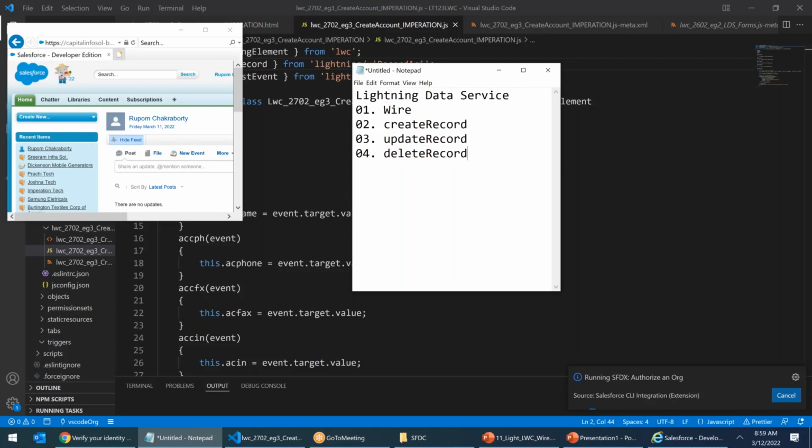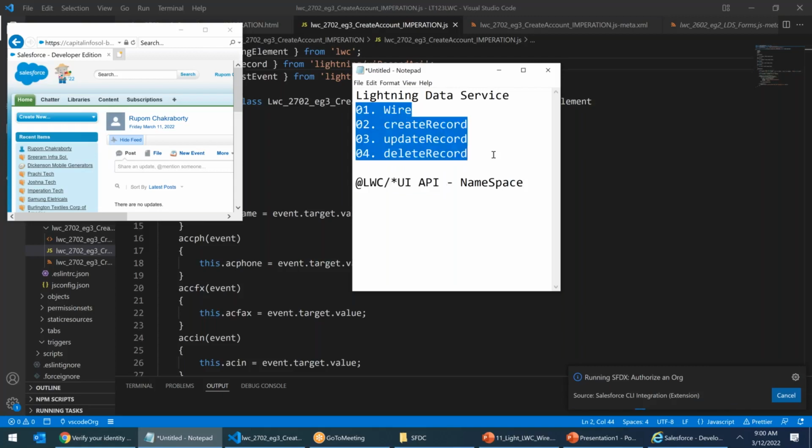All these 4 methods are based on lightning/uiRecordApi, the LWC UI API, application programming interface. This is the namespace. A namespace is nothing but a collection of libraries, a collection of definitions. Inside this LWC UI API, you have these 4